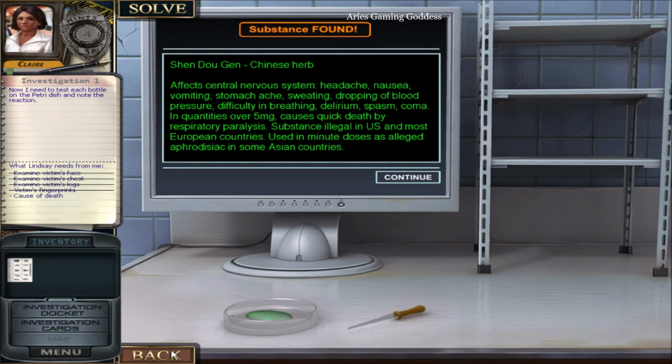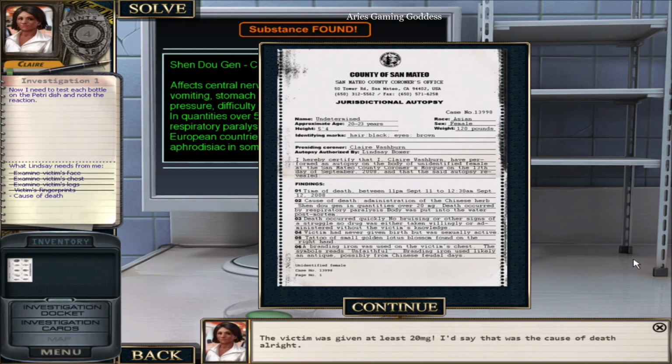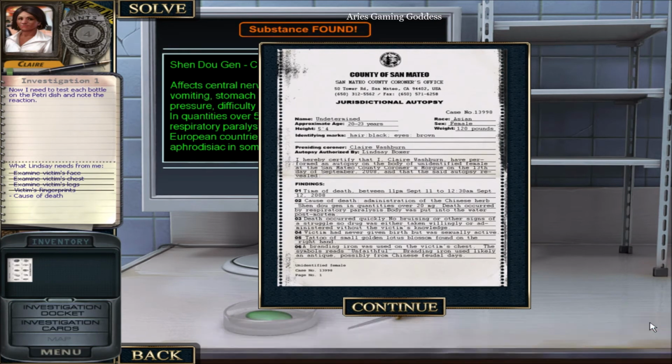Okay, well that's good. Okay, the victim was given at least 20 mg. I say that was the cause of death. Okay, we have